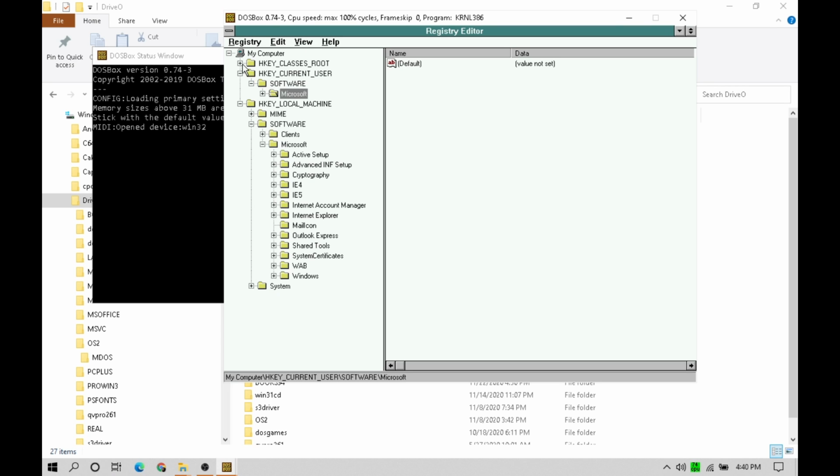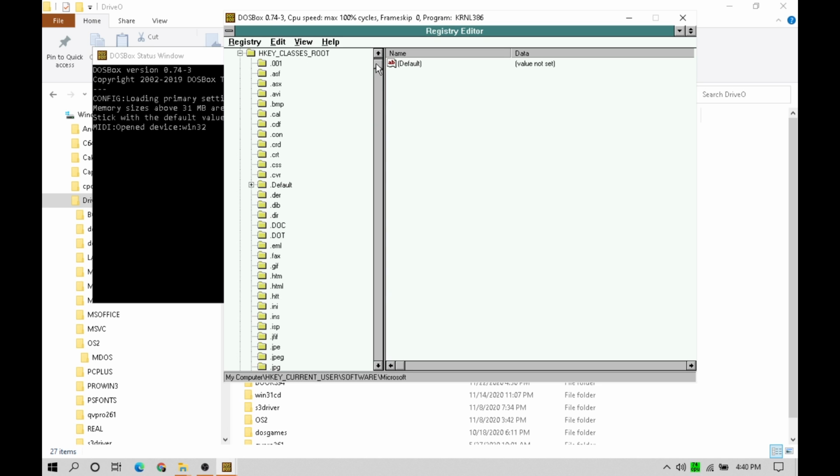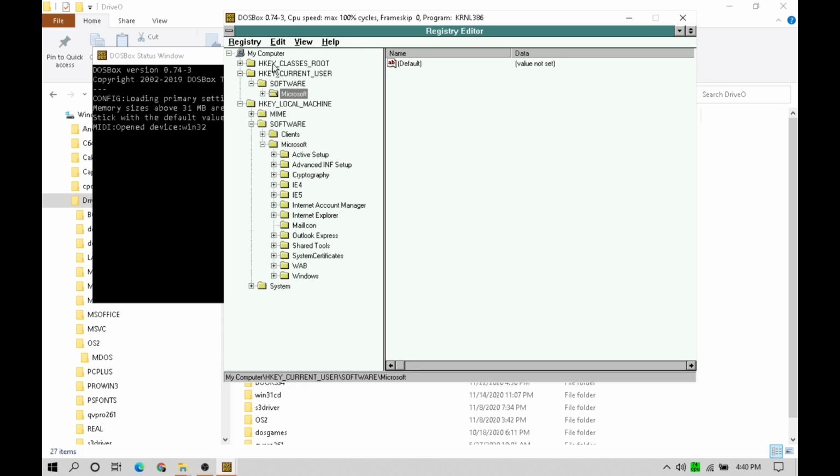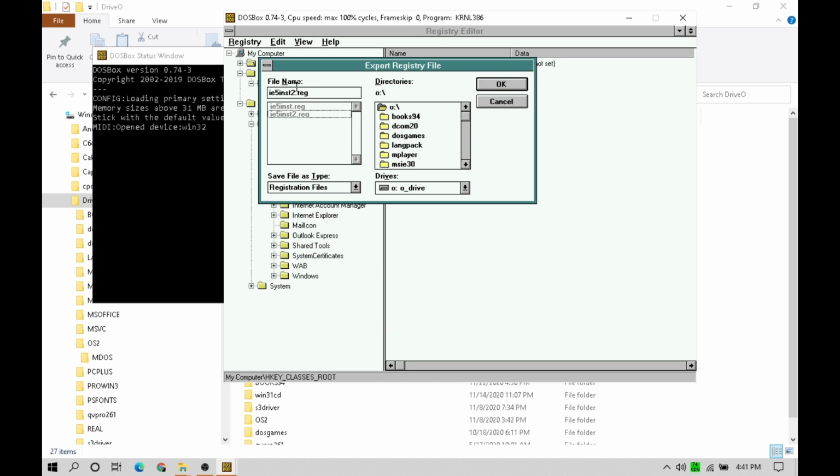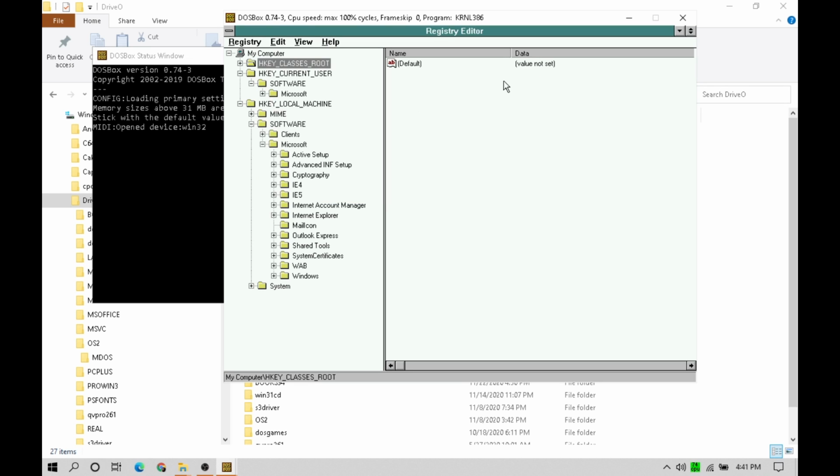So there's not very much, like I said, there's not very much to Windows 3.1. Now you could say take the class root, take the root folder and export that as well, right? And there we go. So now I think we have all of the registry settings that got installed with Internet